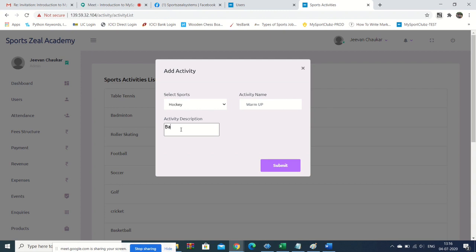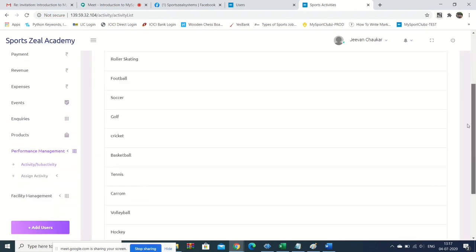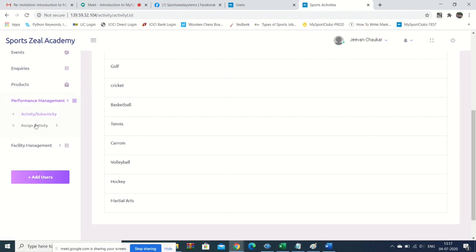So let me say basic warm up common for all players. I am defining this activity as basic warm up common for all players, and the name of the activity is warm up. I have defined this for the sport of hockey. Now this activity got added successfully.